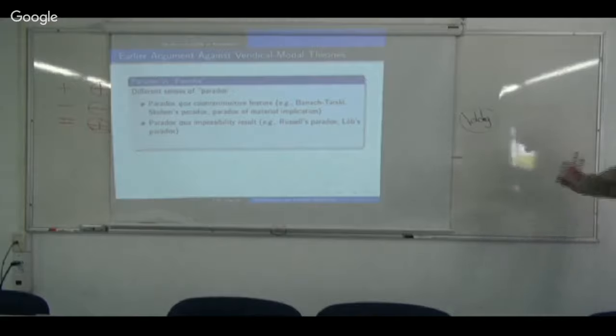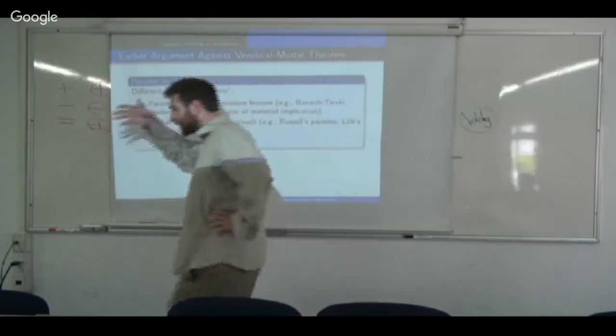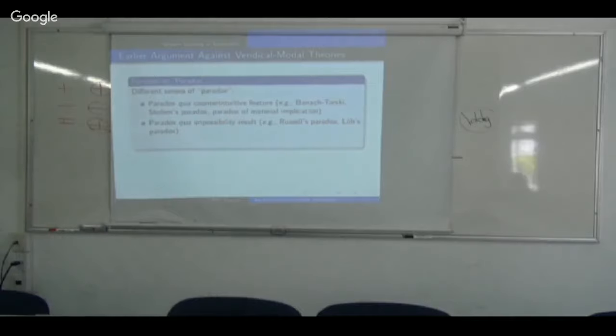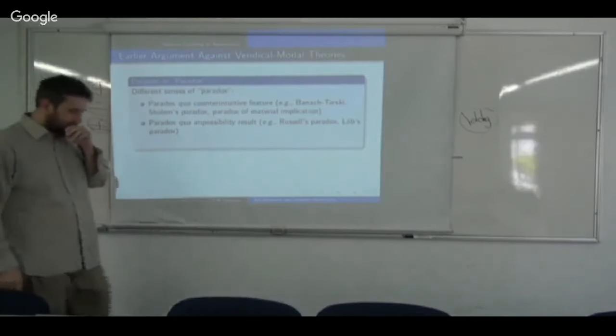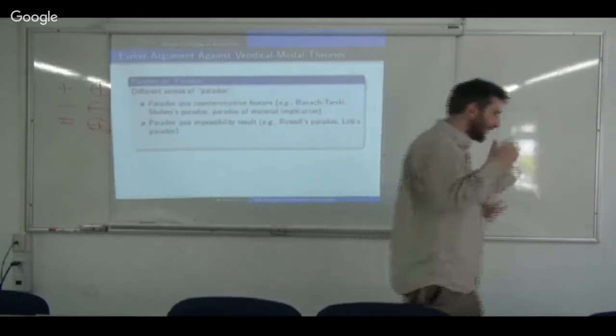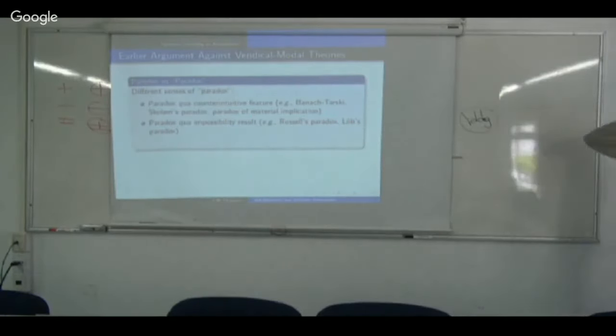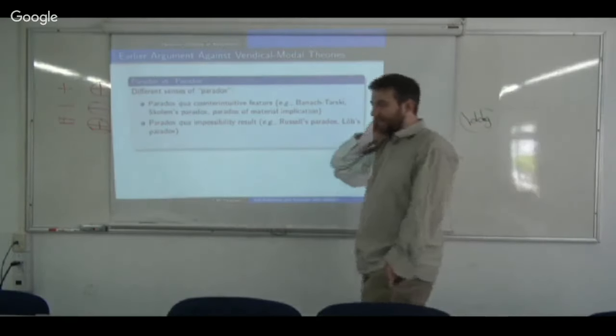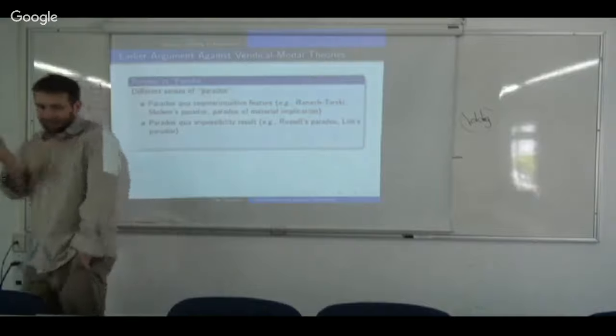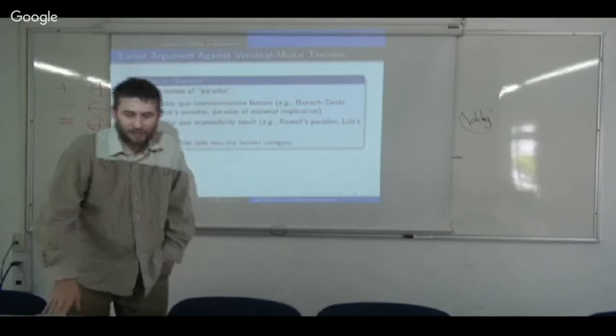So my basic position in this paper had been against the upstart vertical modal theories, which are motivated by the fact that there's this mild paradox in the Bar-Hillel–Carnap theory. My basic claim was, look, you've exchanged a mild paradox for a real inconsistent paradox, the show-stopping kind, like Russell's paradox. And the Bar-Hillel–Carnap theory is perfectly capable of handling that, and therefore, maybe we should